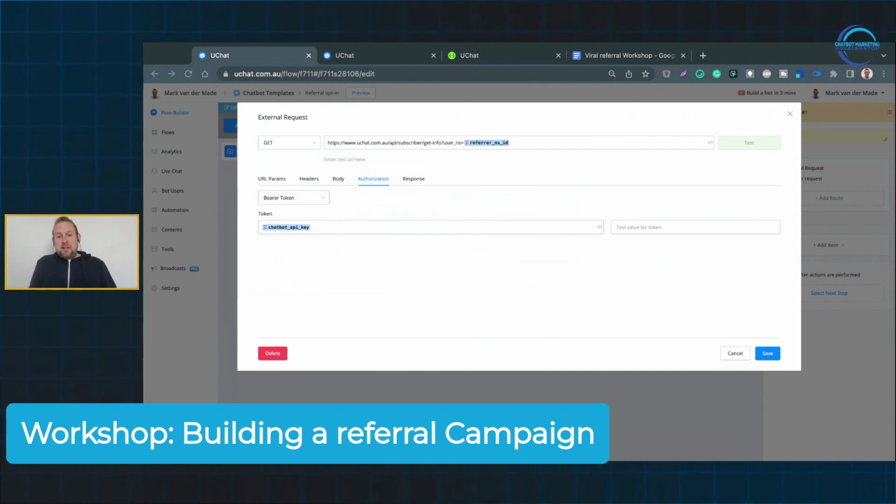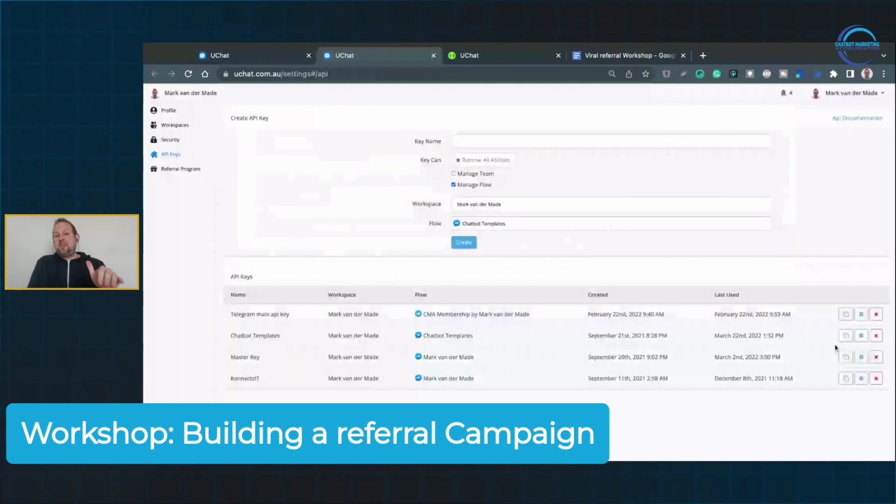But okay, let's continue for now. I will leave it as it is, right? But we want to be able to test this sequence as well. So the way to do this is, instead of having the chatbot API token here, I can insert it as a